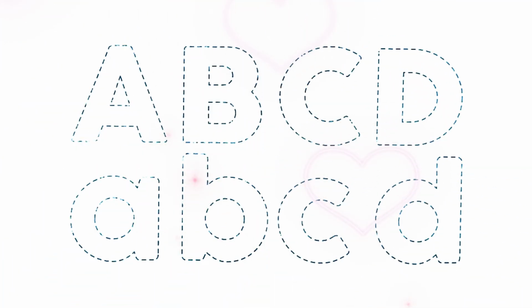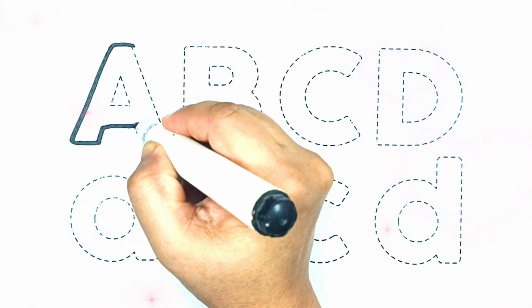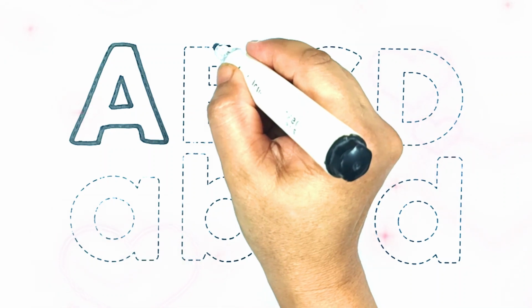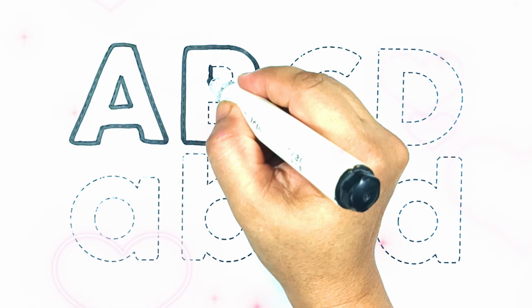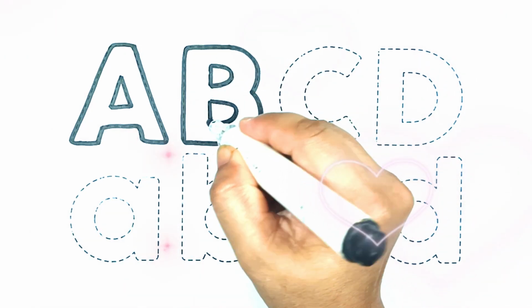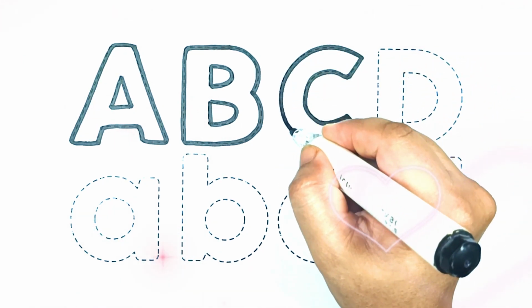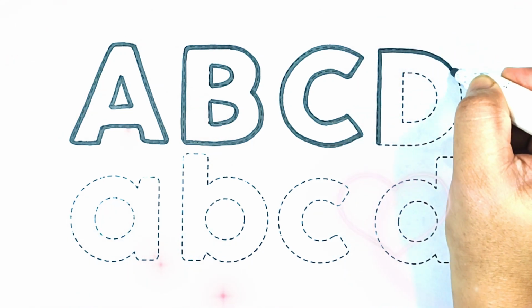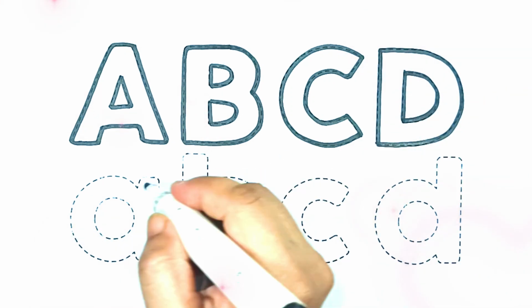Today, we learn the alphabet letters. Let's trace and paint them together. Uppercase A, uppercase B, uppercase C, uppercase D,